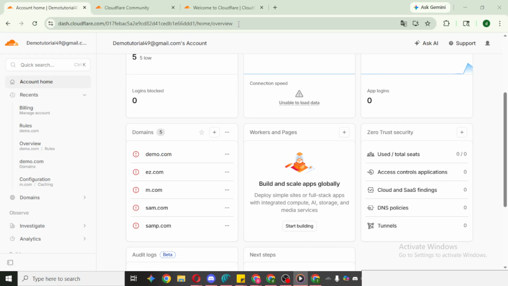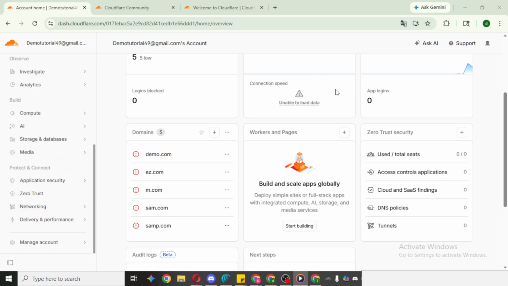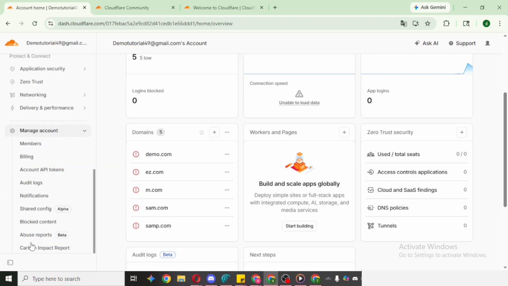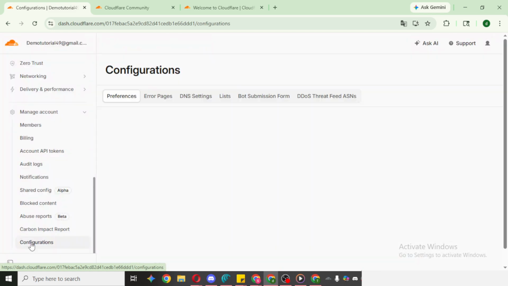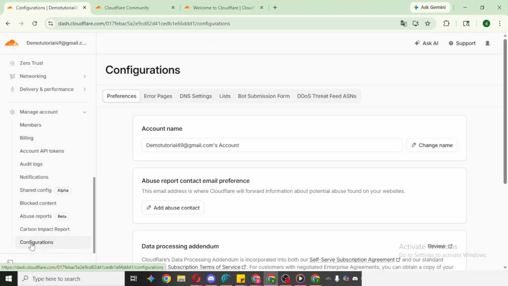You'll typically find this from your account menu or in the left-hand navigation, depending on your dashboard layout. This takes you to the area where you can adjust settings that apply across the account, not just a single website or application. Next, go to Configuration. Think of configuration as the control center for how your account behaves. It's where Cloudflare groups together important options that affect access, safety, and day-to-day operations.